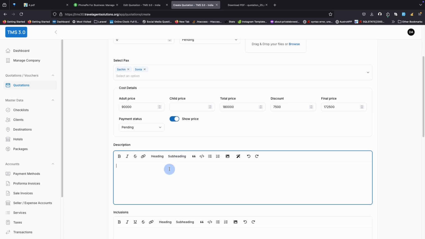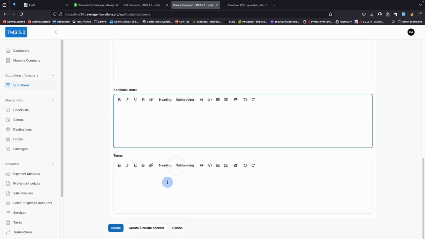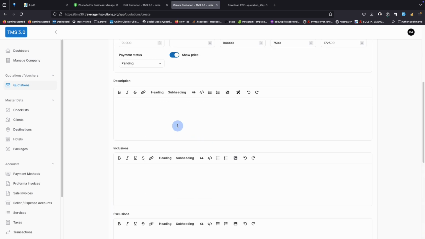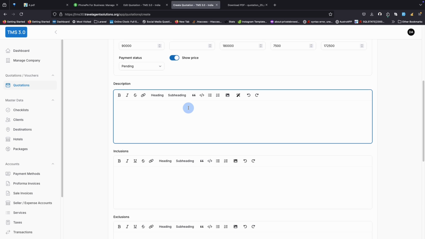And then here we can add the description, inclusions, exclusions, and additional notes and the terms for this particular quotation. One important part over here is that we have integrated artificial intelligence into our system, and with the help of AI, you can write itineraries for this particular destination. And this might be the ideal case to do while you're offering a quotation, but it might help you in the small things like